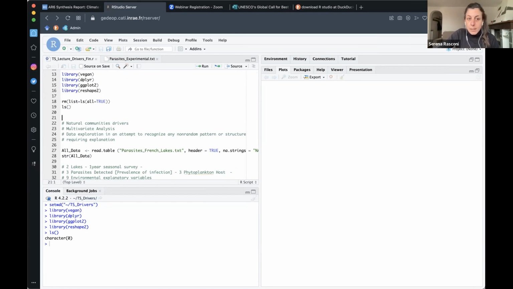So we will start with the drivers of natural communities. We will see some multivariate analysis, as I say, mainly inspired by the vegan tutorial. The multivariate analyses are basically analyses that we can perform to try to recognize patterns in a big series of data. And the data set that I'm using is a simplified data set from